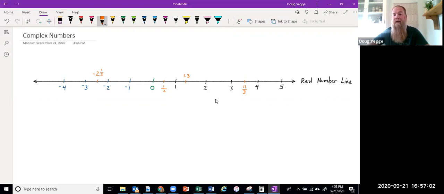So we started with our natural numbers, all the black numbers here. Then we ended up adding our, and I guess I could refer to 0 as an integer as well. So now we see all of our whole numbers, positive, negative, and 0, become our integers. Then we have all of our rational numbers. So all of these numbers, even 2 is a rational number because it can be written as 2/1 or -3/1.